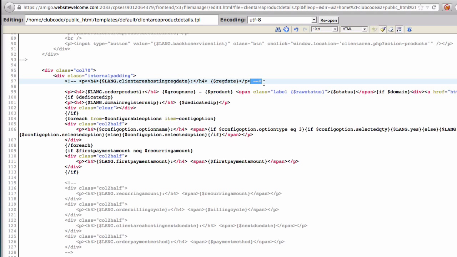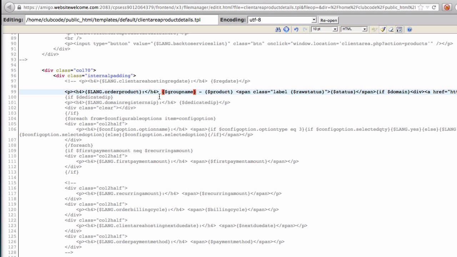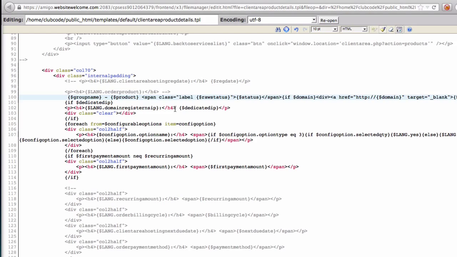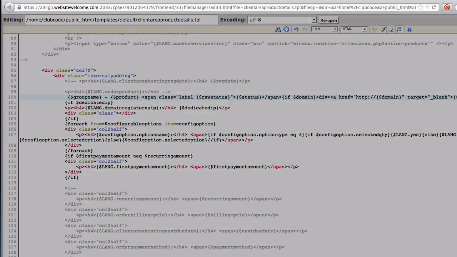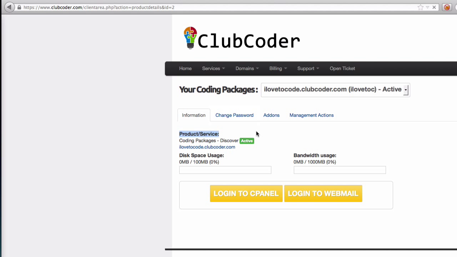So I'm gonna get this, put it until the H4 ends. There we go. If I save this and reload the page,